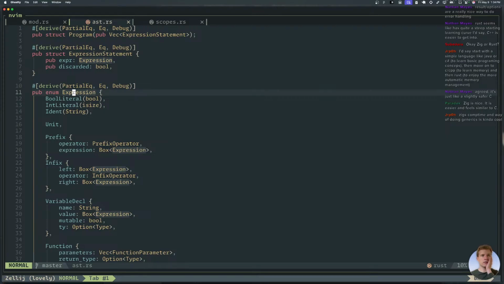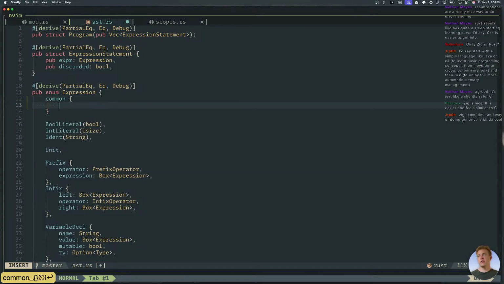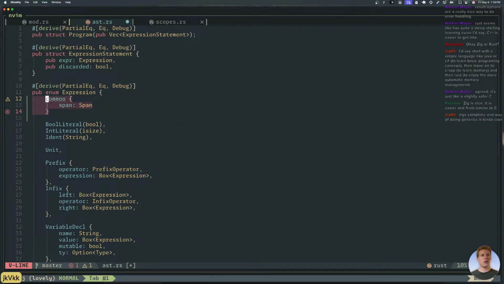I can't just add a field to every single enum variant. This is such a frequent problem I have, such a frequent cause of grief, in fact, that I'm tempted to add it as a feature in Lovely. Imagine this. I think I said this on the other stream. If I have a common thing up here, every single one of them has a span. Wouldn't this be really nice? And then this just applies to everything. So no matter what kind of expression I have, it just has a span. I know there's other ways to do this, but this just seems like a better way.